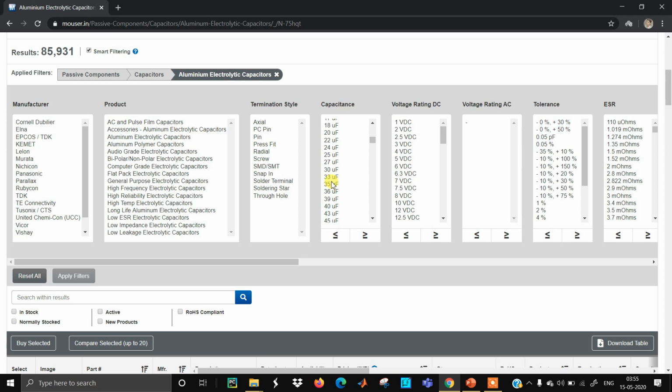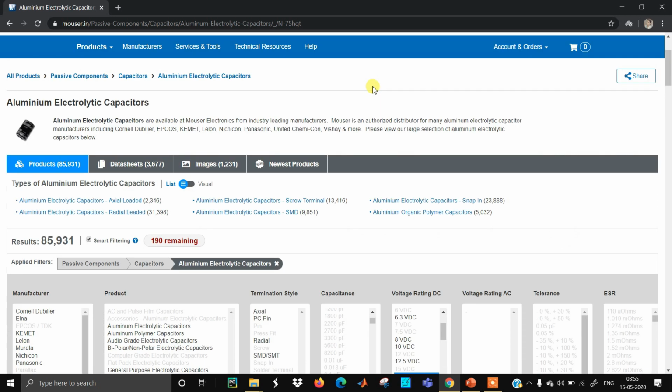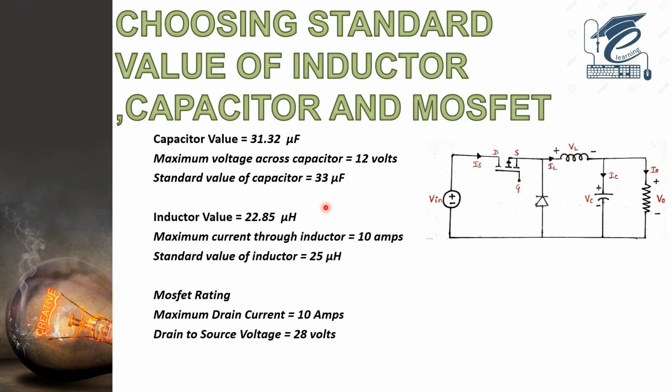So we can take 33 microfarad, and the DC voltage across it was 12 volts. So we can take 12.5 or 16. For safety purposes, I'll take 16 volts. So this is the standard value we can consider. This was how we got 33 microfarad and 25 microhenry.